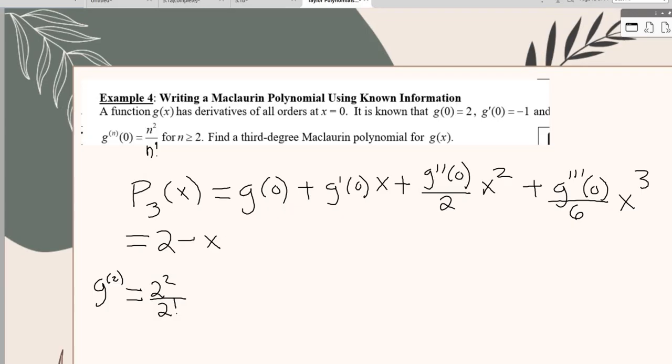Okay, so then what would I get there? Plus, well, I need that first, right? 2 squared divided by 2 factorial, divided by 2, right? Which is one of the reasons why I had to write this out first, because otherwise it would be easy to drop that 2. Yes? Because this 2 is from my 2 factorial in the formula, and the other is from my derivative. It just happens to be that my derivative also has factorials in it. Are y'all with me? Okay. Times x squared. And then what do we also need? g of 3, which is going to be